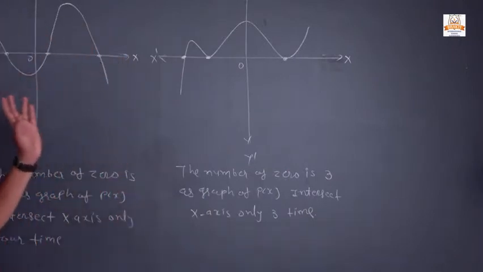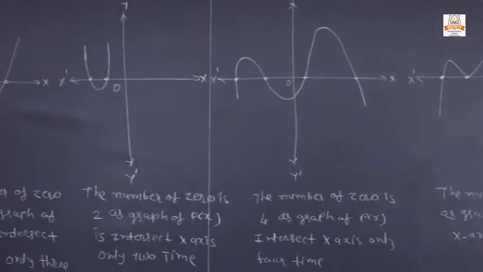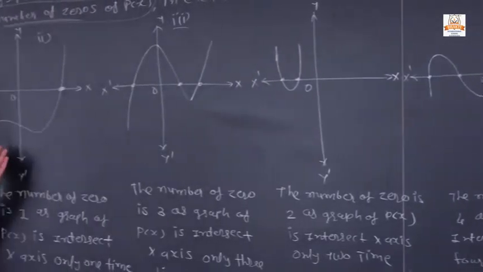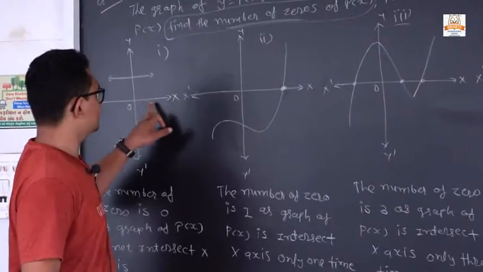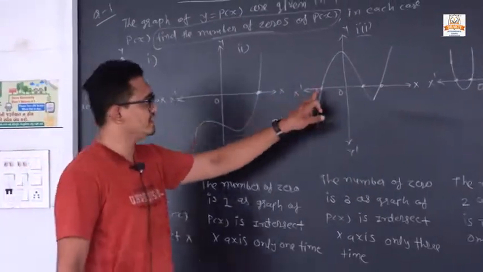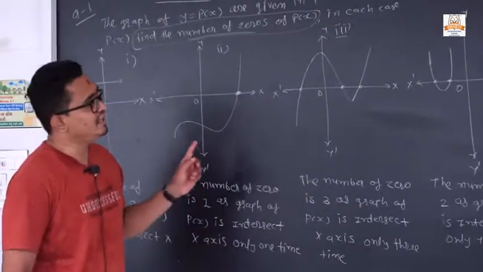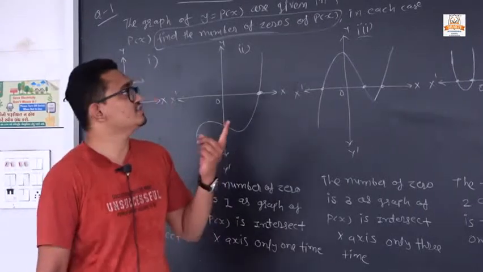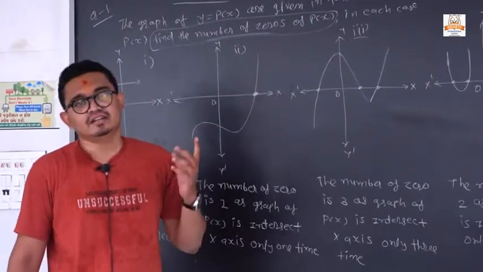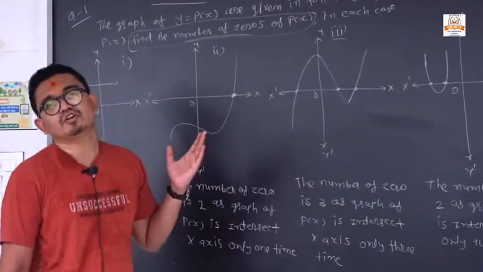So it is a very easy exercise. In that exercise they are saying that from the graph we want to find out the number of zeros. So it is very easy. If it intersects a single time, 1. If it intersects 3 times, the number of zeros is 3. The same question is given before exercise 2.1, so you can do it at home and find out the number of zeros.